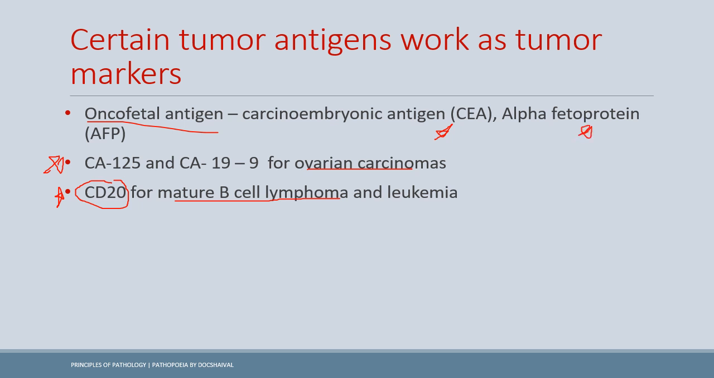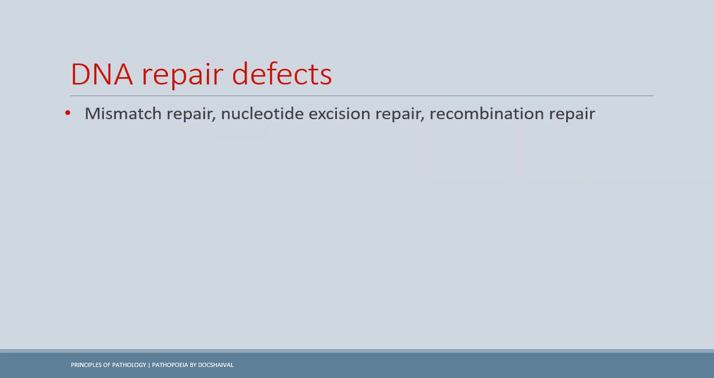All of these are important to be aware of. They are the tumor antigens used as tumor markers. Finally, we are going to the last of our mechanisms that are going to be disturbed. Those are the DNA repair defects, and there are three kinds of DNA repair: mismatch repair, nucleotide excision repair, and